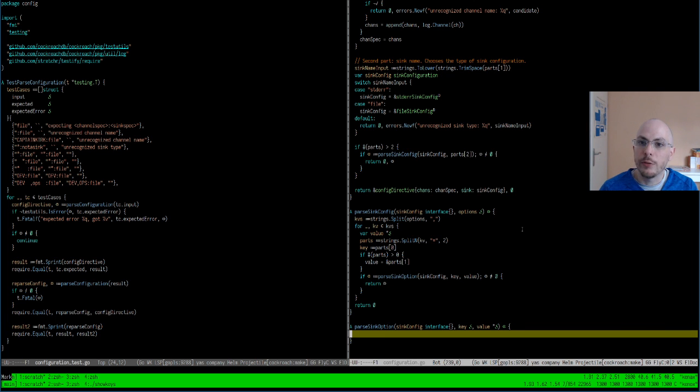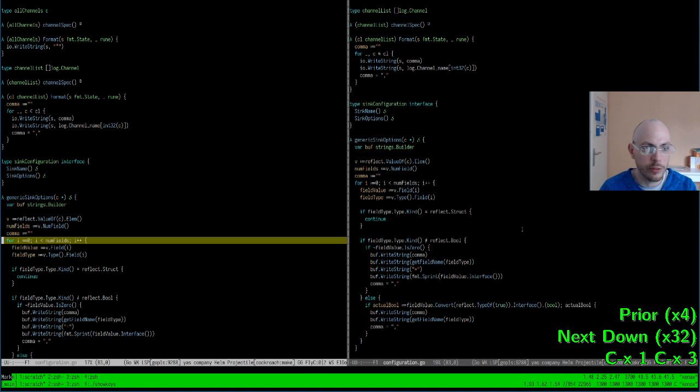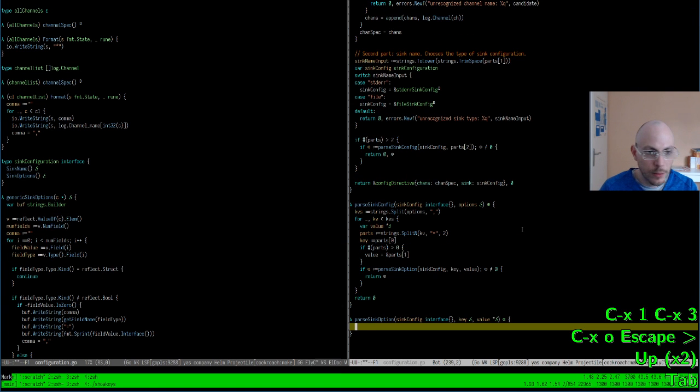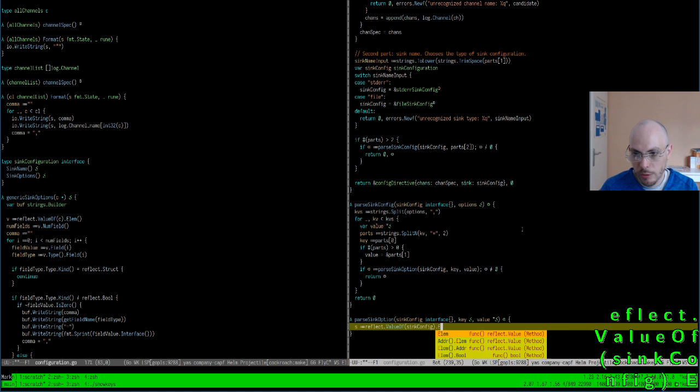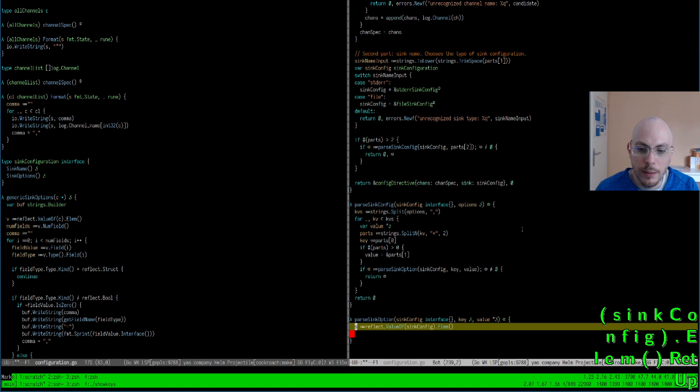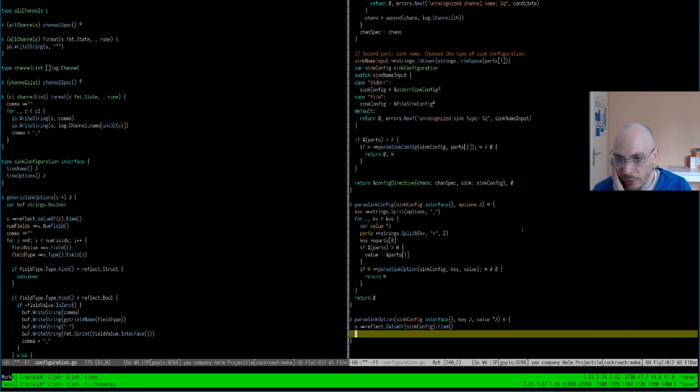Sure, let's do this. And I'm happy because I have some reflection code here that I can use again. So I have my struct. And now inside this, I want to find whether there is a field with a given key name. So here I have two cases.